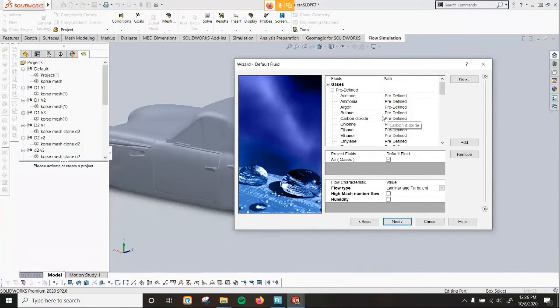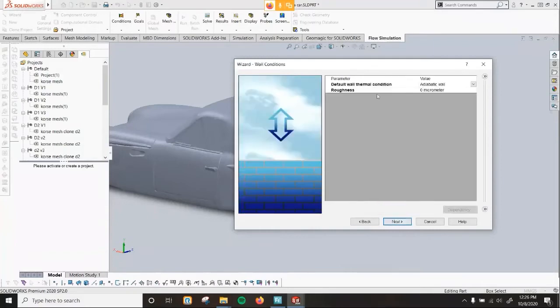And it's going to take all the parameters of what air is as a fluid and bring it down into the characteristics. Again, I'm not going to really choose any kind of flow characteristics such as humidity because we're assuming kind of an ideal situation right now. At this point, it's going to just ask for how the wall conditions are. I'm just going to click Next on this since we're not really studying any kind of moisture settings or anything